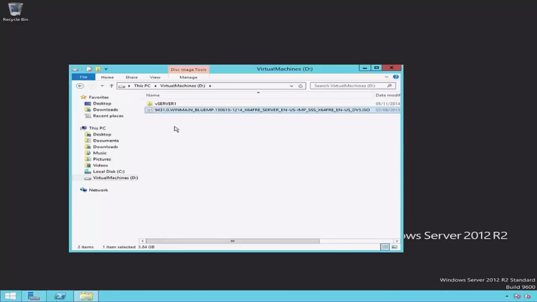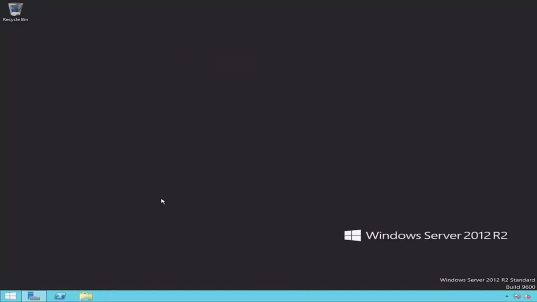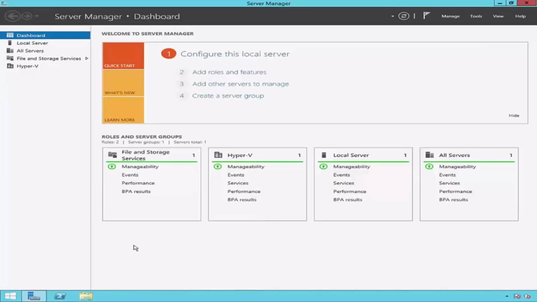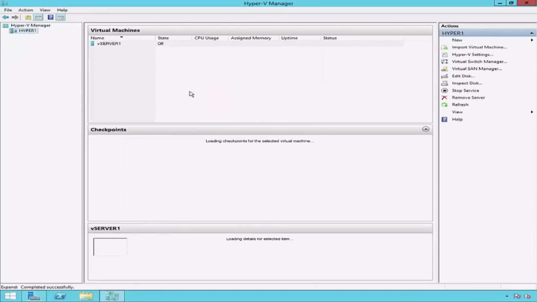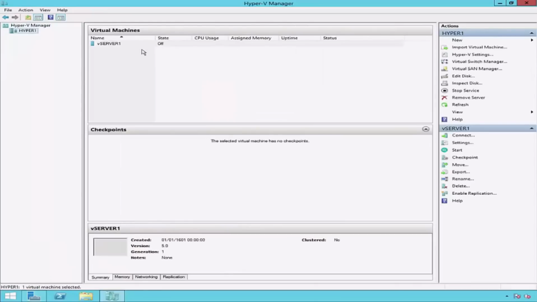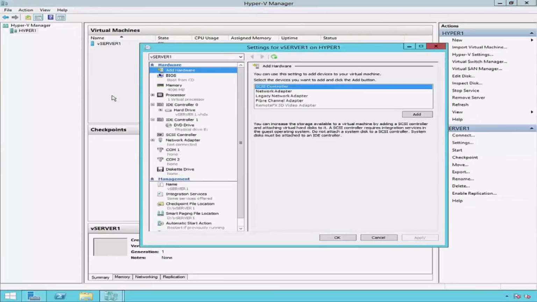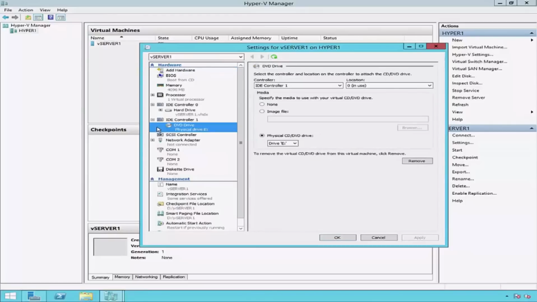I will now close File Explorer and, using Server Manager, I will reopen the Hyper-V Manager console. Next, I will open the settings for my vServer 1 virtual machine. From IDE Controller 1, I will select the virtual DVD drive. Notice that I can choose to point this virtual DVD drive to an image file. With this option selected,